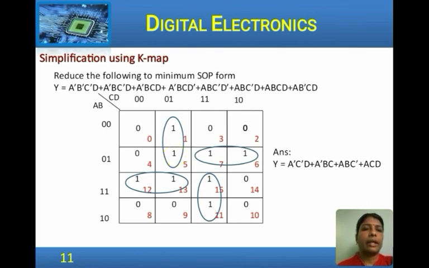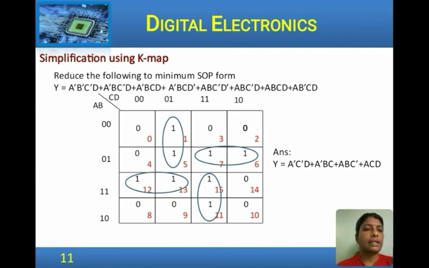here. Then A dash B C D, that is 0, 1, C D 1, 1, 0, 1, and a 1 1. So, this cell represents a 1. So, fill ones for all the terms that are available in the expression and then fill the other cells by 0. Now, we shall start grouping.